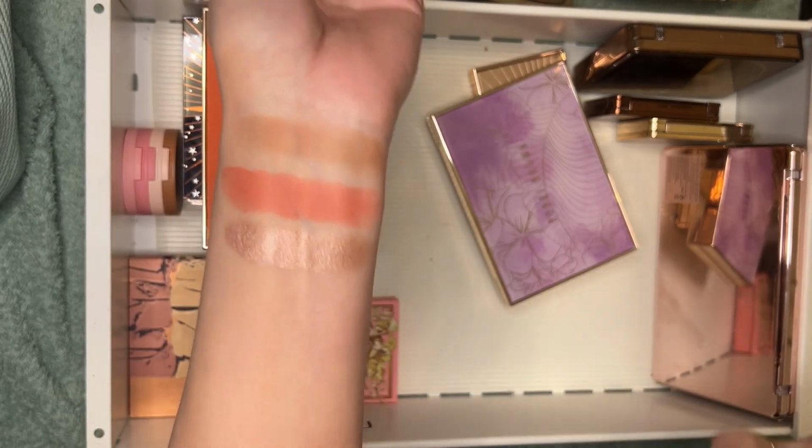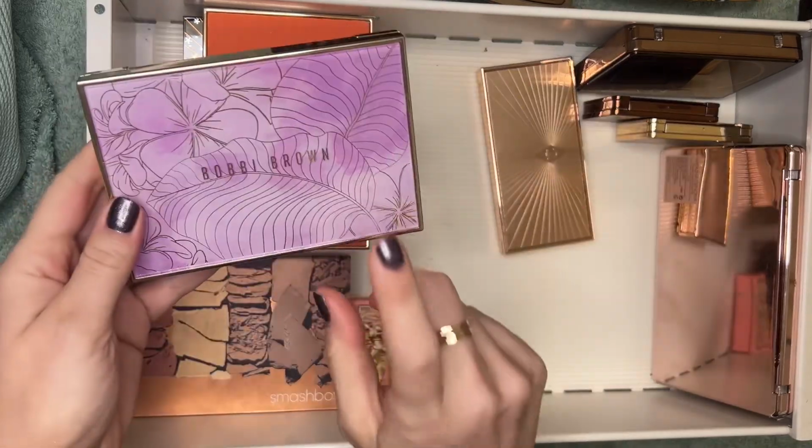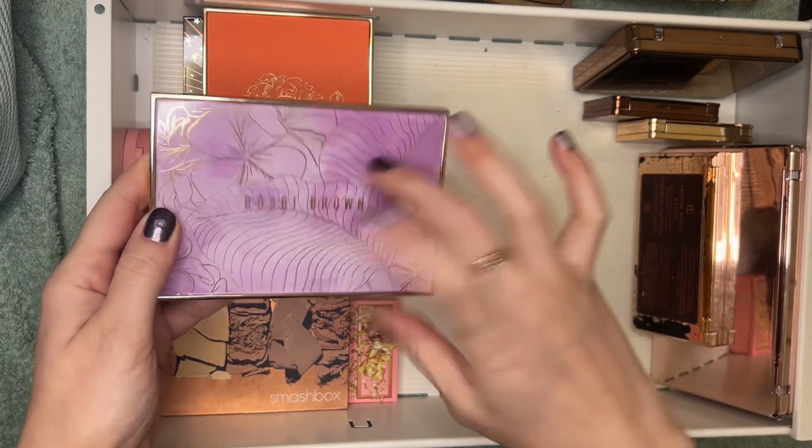Love the tones in here. So summery. Love the blush. I don't have a lot of blushes in that bright corally shade. It is teetering on too dark for me. Fully aware of that, but I'm still happy that I got the medium over the light, and I can't recommend this enough. This was a limited edition, so I don't know if they still have this face palette, but this